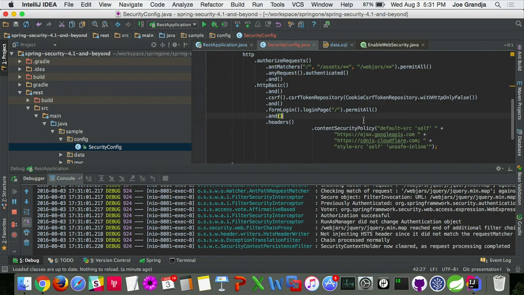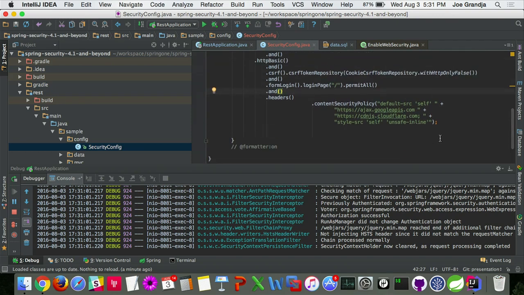But let's look at this configuration. So what does this say? So default source self, and then these two different domains because we're accessing the Angular dependencies from these two domains. So for the main application, I specified that there, and obviously self, same origin, and style source. So for styles, I want to be able to load styles from same origin, and then we have this unsafe inline. I'm going to talk about that in a bit, but before we get to that, I'm going to take out